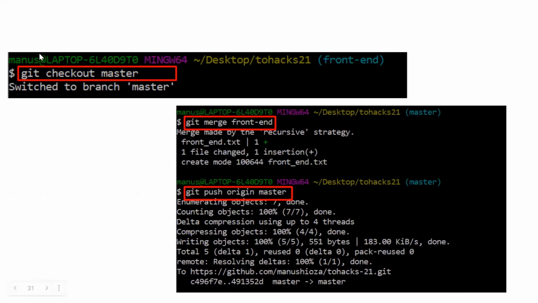As you can see, there's just a picture. The first thing that you would need to do is check out the branch that you want to currently merge to. So in this case, I want to merge front end to master. So I have to check